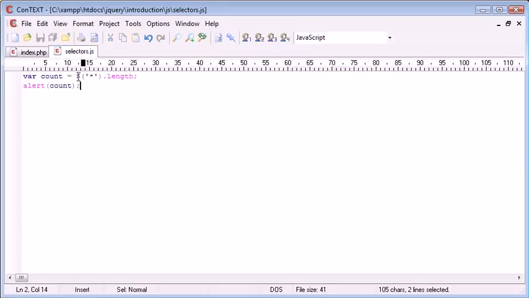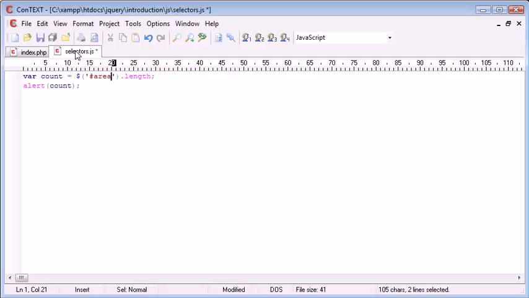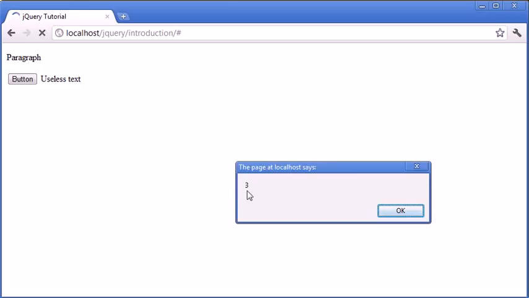So inside selectors, we now want to specify the area that we want to select, and this is area because we've created a div with these 3 elements inside. So we can just reference this area, and then we can say dot find, and inside of this we can use the asterisk. So instead of specifying the asterisk in this first selector, we specify the area and then we use find and then we specify an asterisk. It's still going to return the length, but this time when we refresh the page it should return a length of 3. So now you can see we've got a length of 3